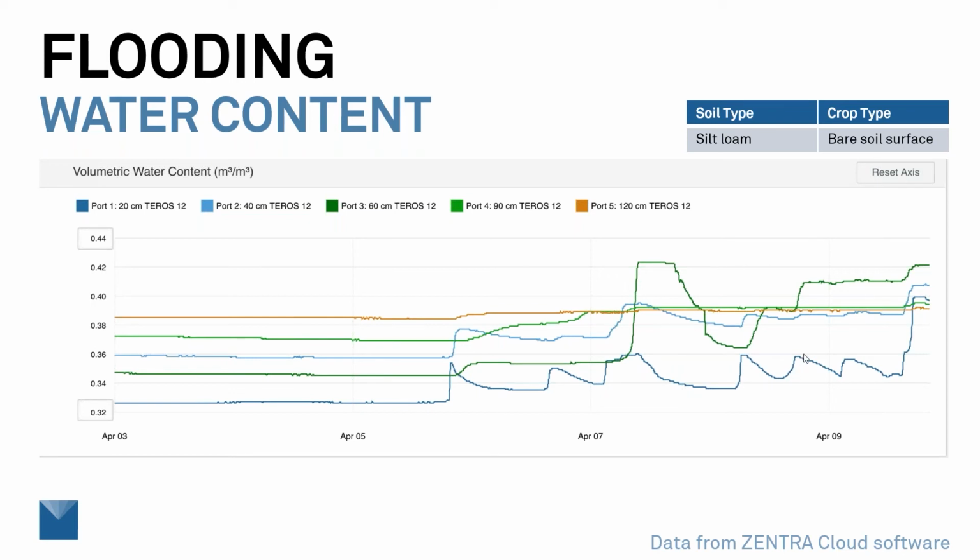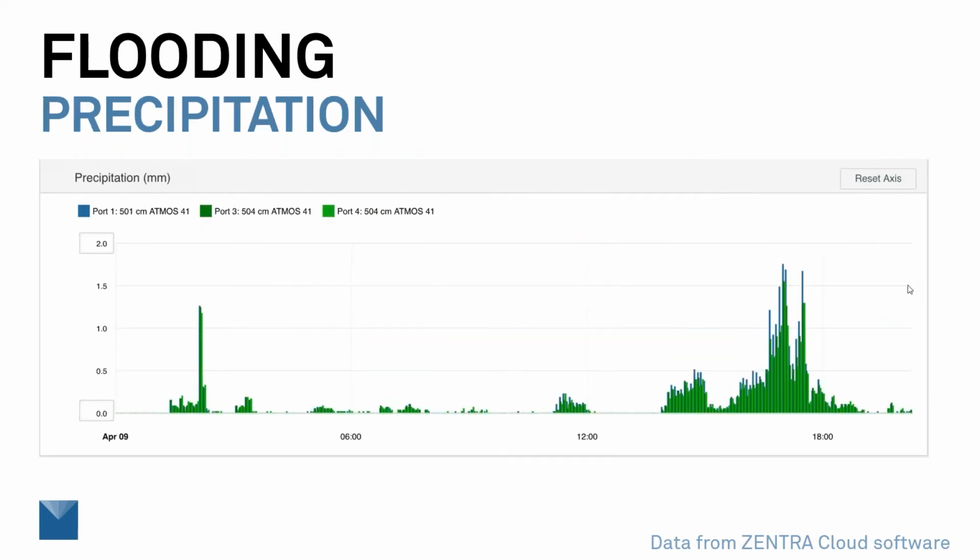Now we see several events hitting a little closer together as it rained a little bit more frequently. We see the 60 centimeters filled up to a pretty high level, not its maximum, and then all these other sensors start to flatten out. And I think that should be a little bit of a warning sign that we may be approaching saturation in the soil. And then we had this long sustained rain starting here on April 9th. In fact, it only took about an hour and a half of that continuous rain till each of these levels that we've been watching, the 20, 40, and 60, saturated, and we got flooding, which we can see here.